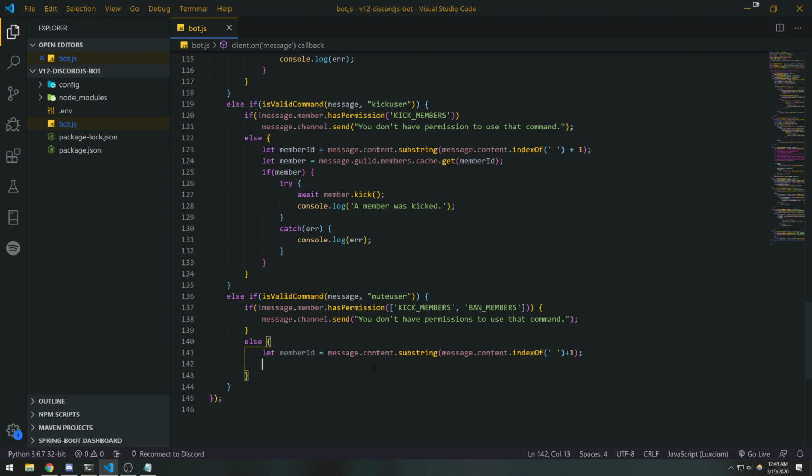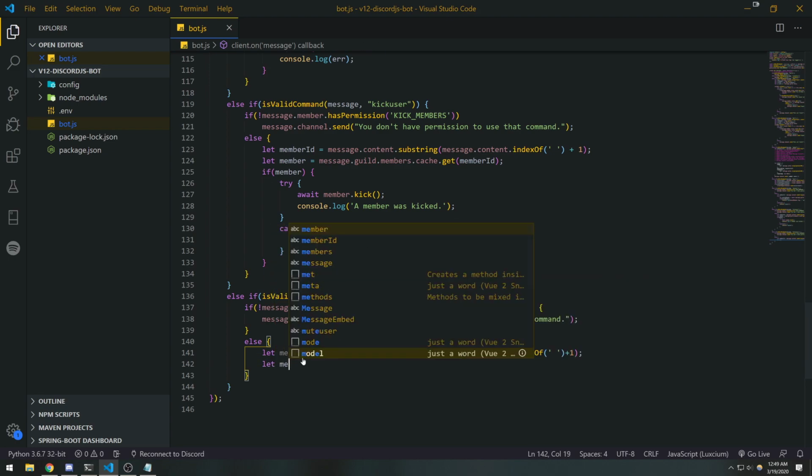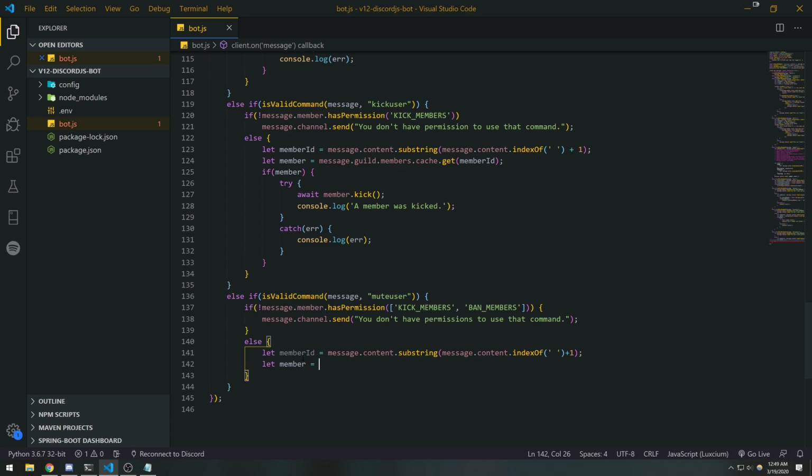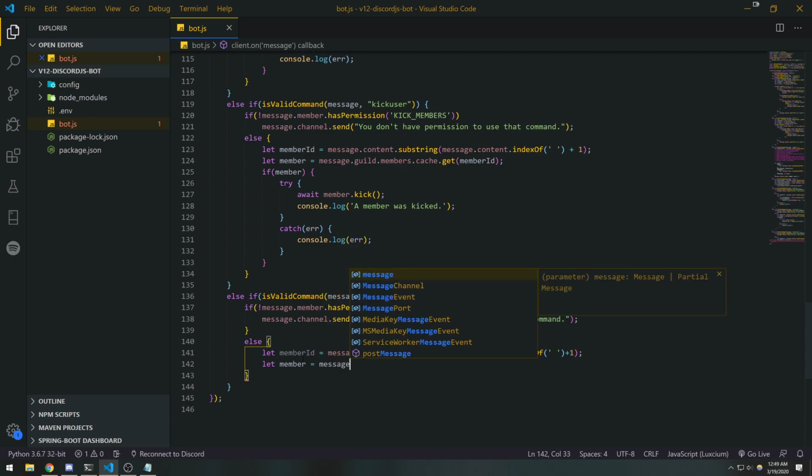Okay, so for example, if you didn't check this, other moderators would be able to mute other moderators, and that's not good. So what we're going to do next is get the member by their ID. We already have the ID, so we're going to go ahead and say let member equal. We're going to get the member by saying